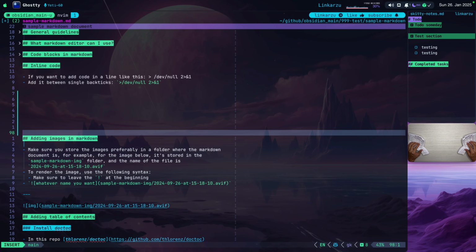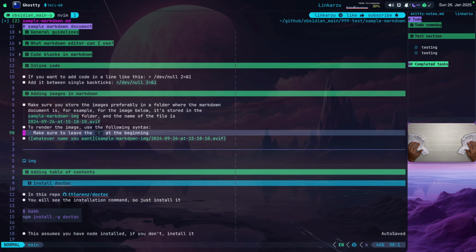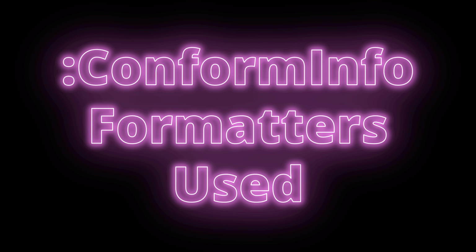I'm just going to add them again. If I stay here in insert mode, nothing happens, right? But if I switch to normal mode, switch to the other buffer, come back, notice that the lines are gone, which means that my file was automatically formatted. If we switch back to the other tmux session,